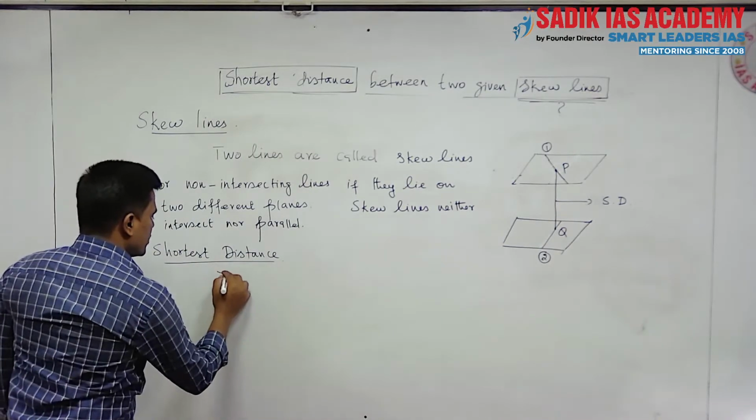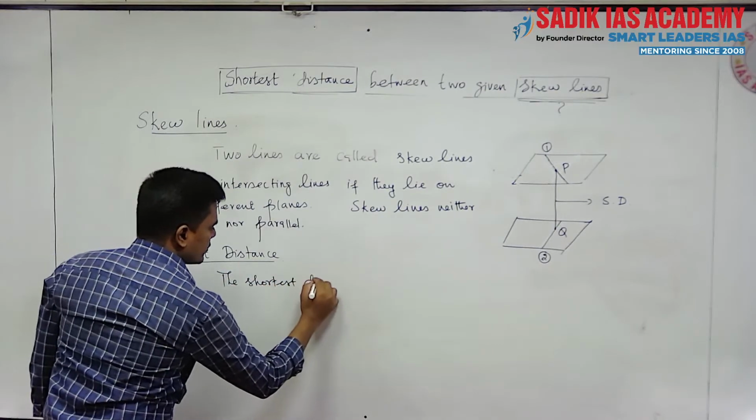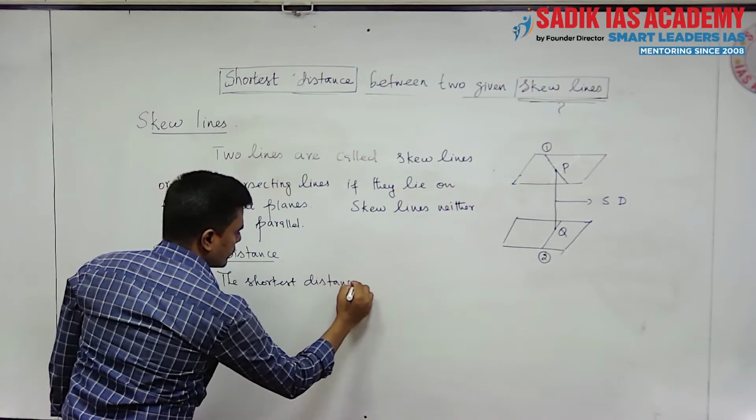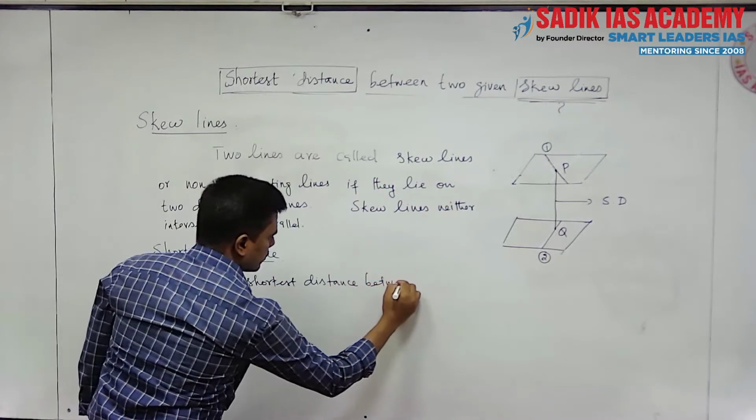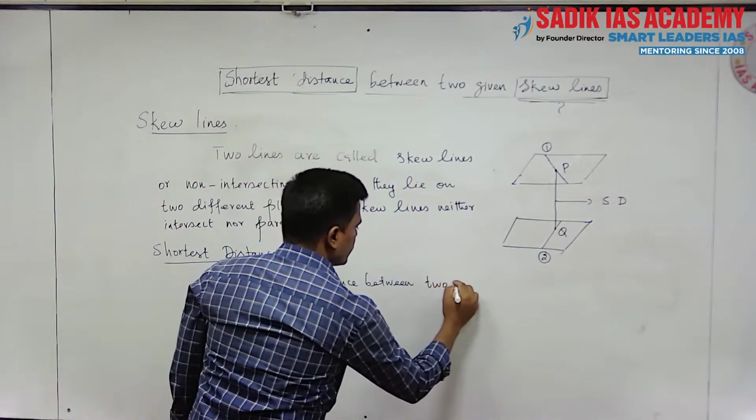The shortest distance between two skew lines